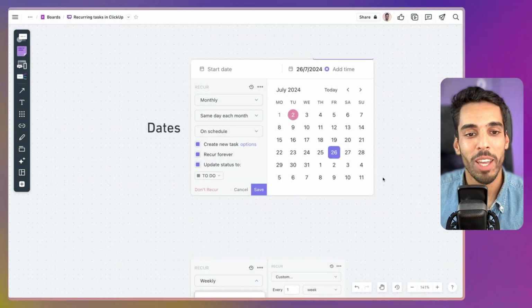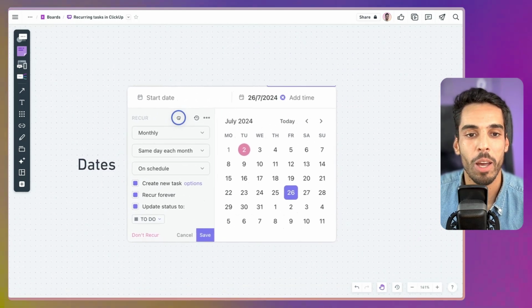Now, recurring tasks are a feature that lets you create tasks that are repeatable in a certain cycle that you define in ClickUp. And I'll show you step by step how to set that up and all the mistakes to avoid to make sure your recurring tasks are created with the right settings. Now let's get started. Without further ado, I have created right here a diagram that explains a little bit how